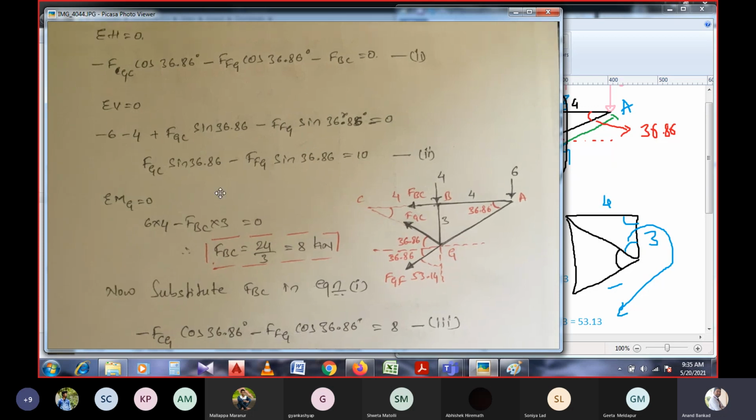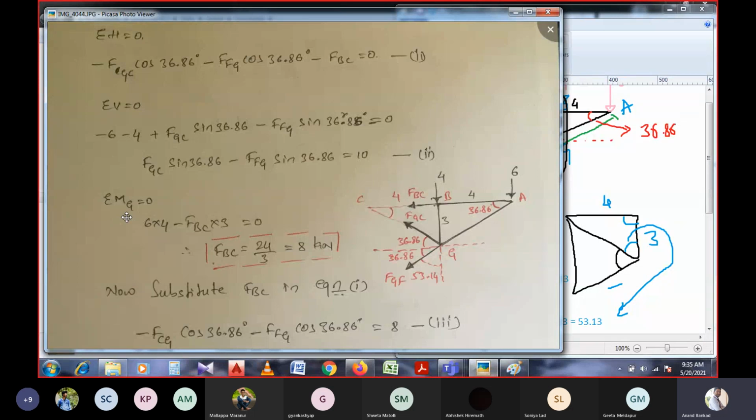Since here we are unable to calculate the unknown forces, in this case again we can refer to another condition, that is the equilibrium condition, that is moment. Since we have taken horizontal forces and vertical forces equal to 0, and if you are unable to calculate these two, you can also use another equation of equilibrium, that is moment. Because by referring to only these three, we are able to calculate the truss.